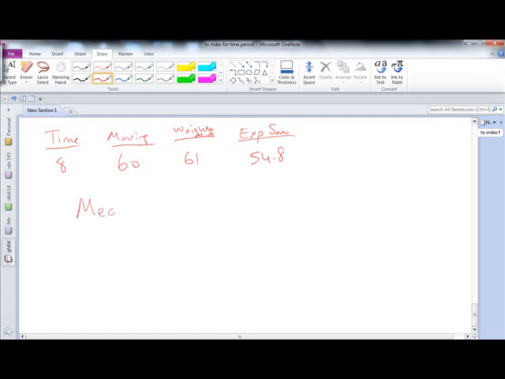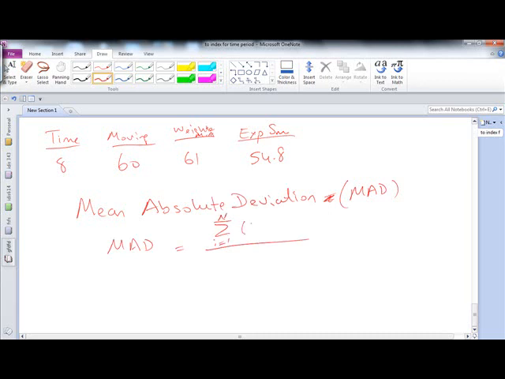One of them is called mean absolute deviation, and MAD is calculated as the sum from i equals 1 to N of the absolute value of A_i minus F_i, divided by N. Now N is the number of pairs or observations that you have, the actual and forecast